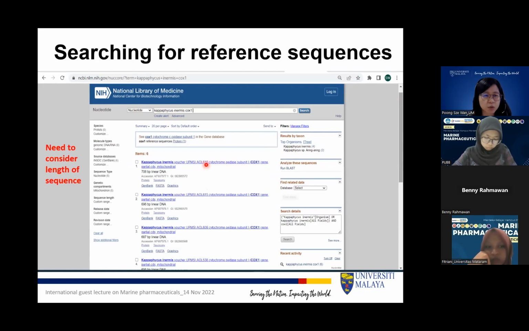Another factor that you need to consider when you select your reference sequence is the length of the reference sequence. So if you remember last week, I told you that what I sequenced was around 1,400 base pairs. My COX-1 sequence was 1,004. So if you look here, this Carpophyllum inermis is only 700-over base pairs. So if you want to use this,